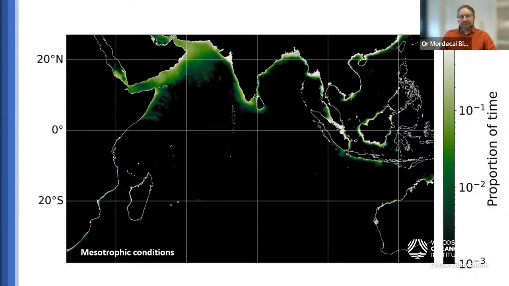But one thing I didn't point out earlier was that the scale is logarithmic. So even where we're seeing these nice, bright green colors, that's just 10% of the time. And this is with a winter monsoon and a summer monsoon. But we know in between them, trophic level goes down. So what if, in this period,